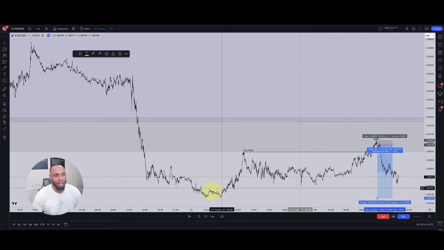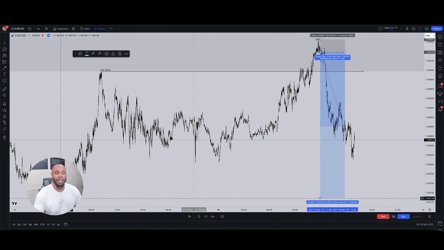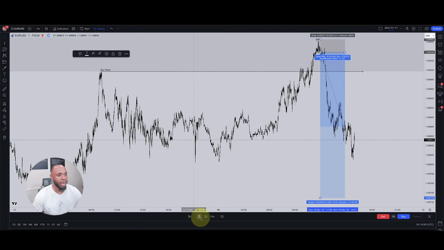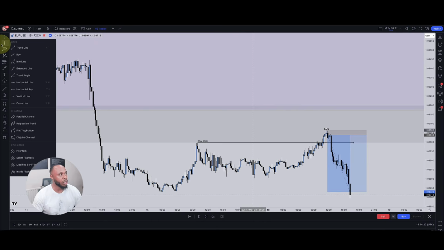Once we get down here to these lows, this is most likely when I will take partials off the trade. And when I say take partials, I'm taking off 80% of the trade and I'm leaving 20% to run to the very lows for the swing trade. Let's just hit play a few times. So I'm in a 50-minute time frame. Just going to the 50-minute time frame, you can see, look, we run out these lows right here.